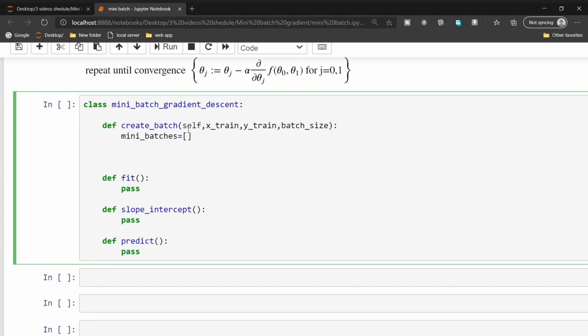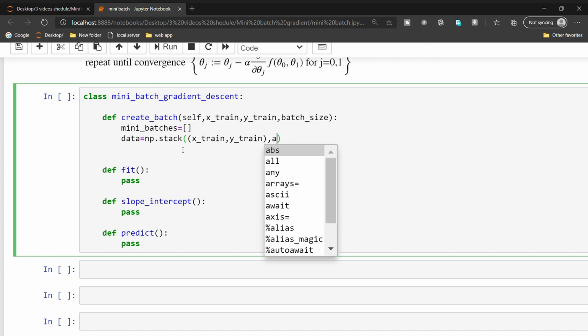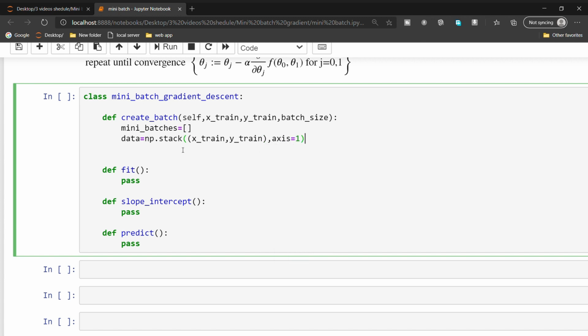And the next thing is we need to take that x train and y train and stack them into one numpy array along axis 1. I'm creating a variable called data equal to np dot stack. Inside stack we need to pass our x train comma y train along the axis equal to 1.